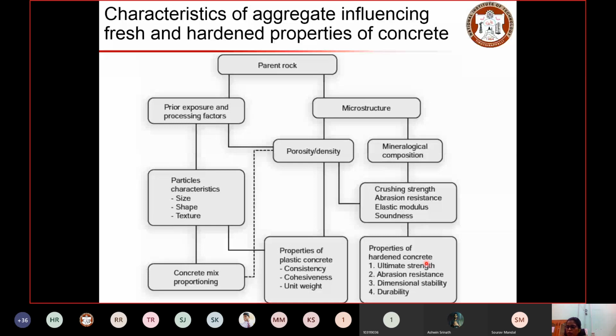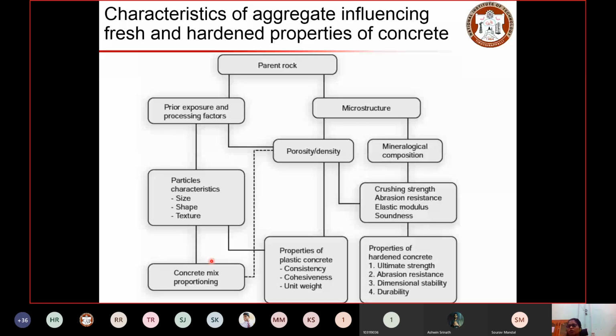And as I said, porosity and density have a tendency to influence the workability, which is the primary concern when we discuss concrete mix proportioning. Fine. So we have to keep these properties in mind, because they play a huge role in concrete mix design. In concrete mix design, we basically play with the amount of water and the amount of cement to be used, the relationship between them in terms of water cement ratio, and depending on the strength required and the workability required, we do some alteration, and on a trial and error basis we come up with the final design.